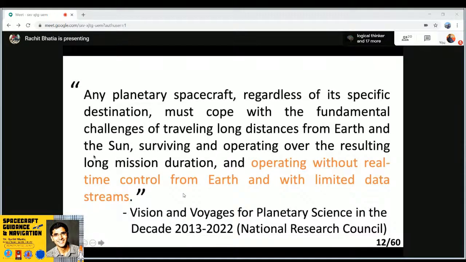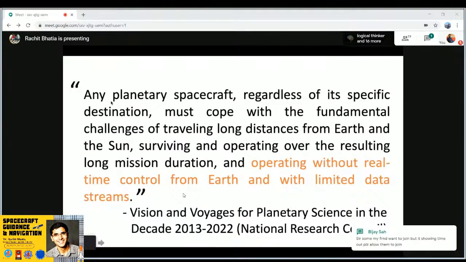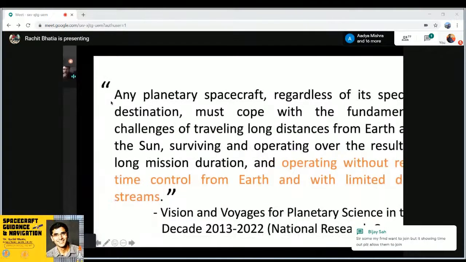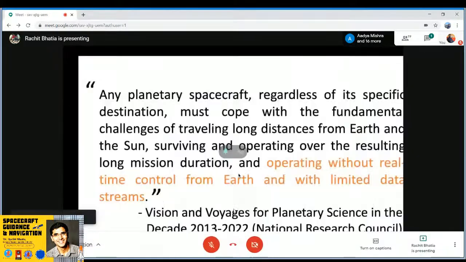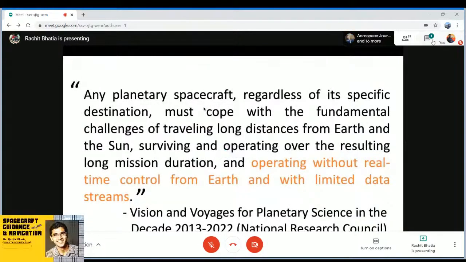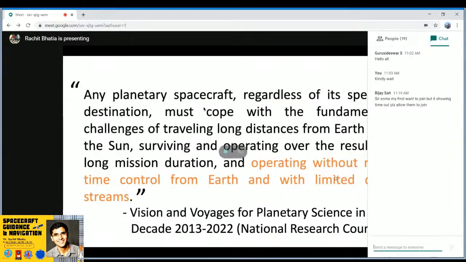And over here, they present this goal where they say any planetary spacecraft, regardless of its specific destination, must cope with the fundamental challenges of traveling long distances from Earth and the Sun, surviving and operating over the resulting long mission duration, and operating without real-time control from Earth and with limited data streams. So what they're trying to convey is this problem which we will face and which we currently face